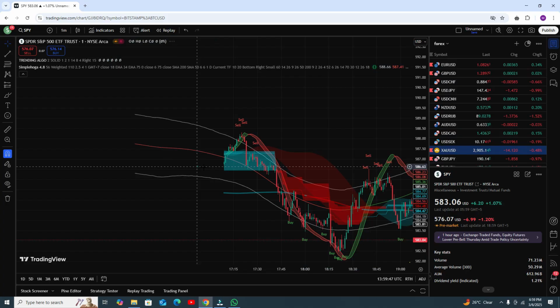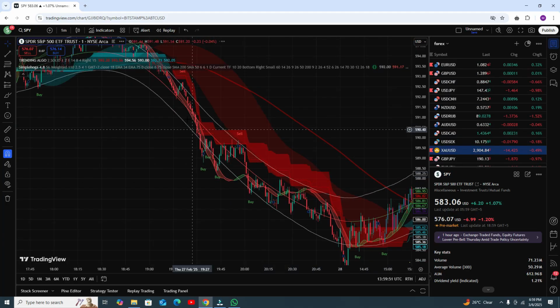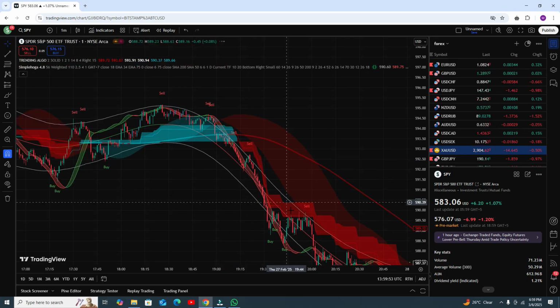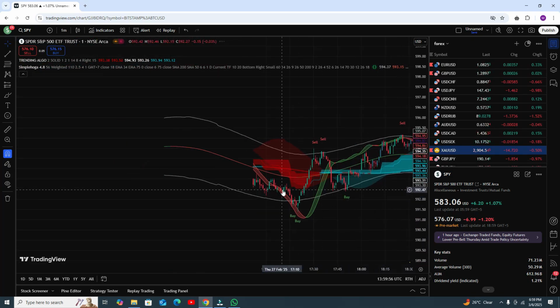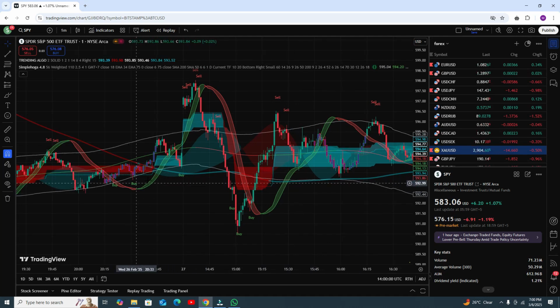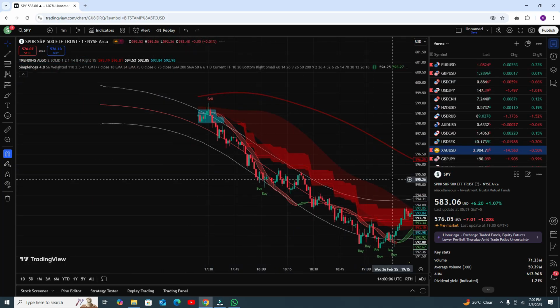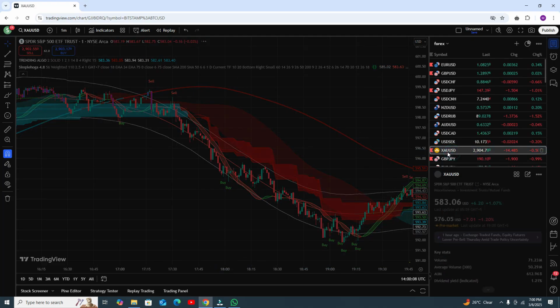Let's discuss one more. This one, strong sell condition. Let's discuss more. And here is that one, strong buy. That is a strong sell. And a lot more. So let's see the results in gold.